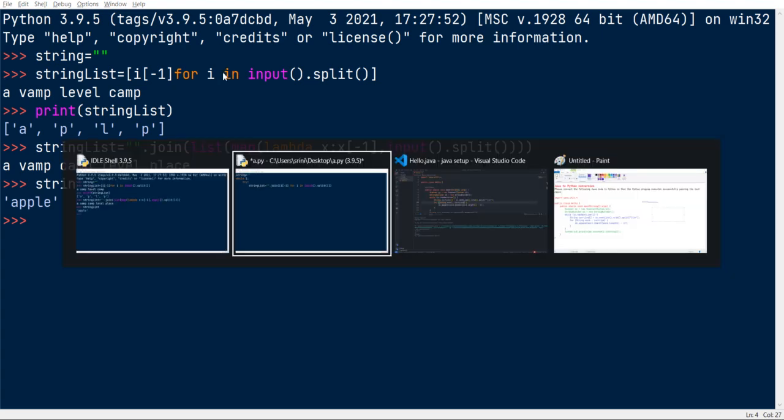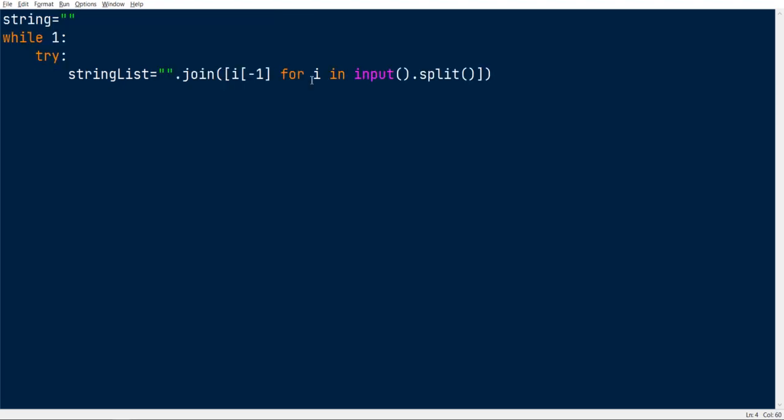We just need to do that in an iterative operation, right? For that you can check whether the input is available, and then go for the string list. After adding the string list, you just need to update the string value. String plus equal to string list, or else you can do string equal to string plus string list.